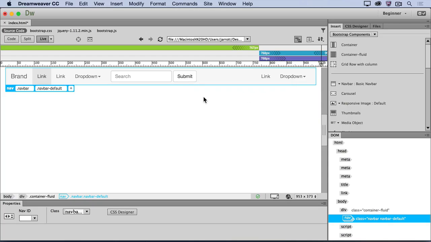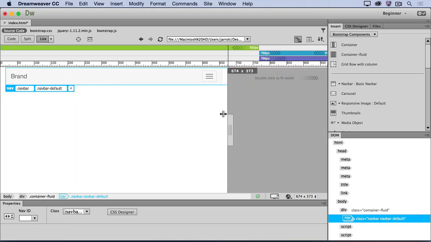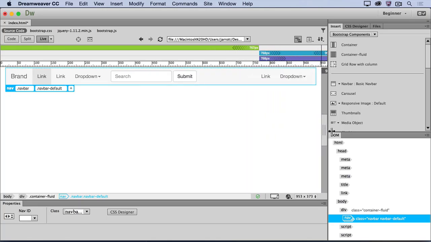You can use this Live View scrubber to simulate how this menu will look across different screen sizes. Notice that as the display size gets smaller, the menu collapses to a sandwich icon, which is a common interface for mobile device browsing. Click the Split button to go back to Split View so that we can add our